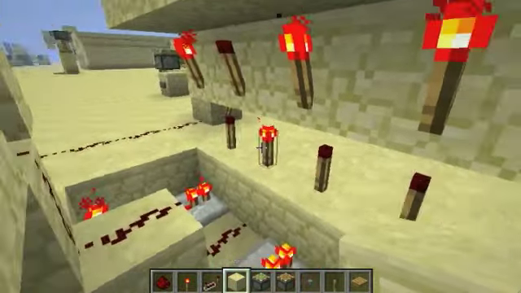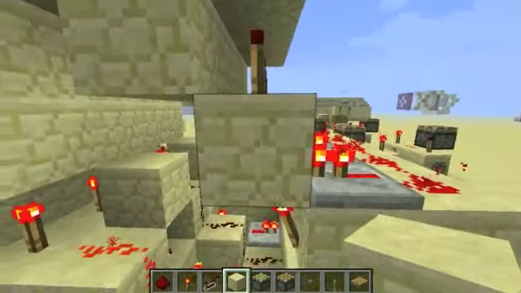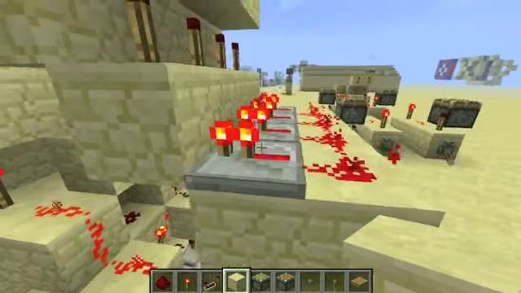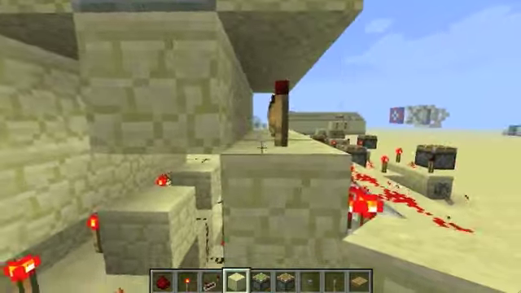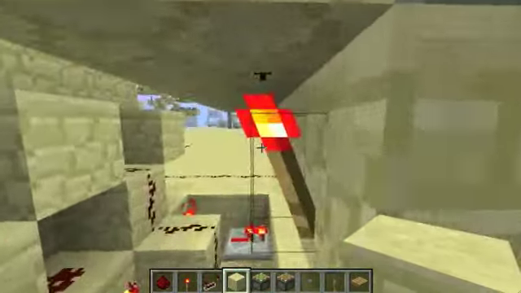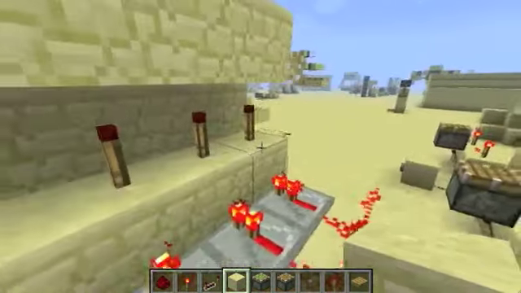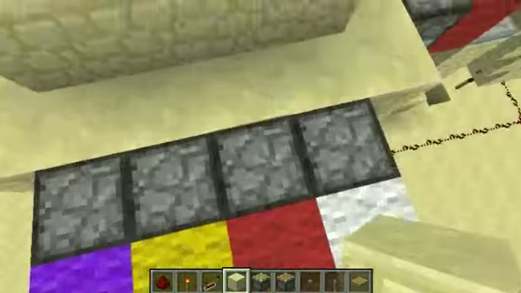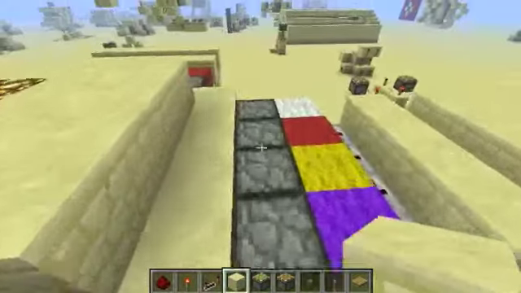I put those into these torches and brought them up, and then this block right here, this torch, these repeaters, and this block, they act as an AND gate. So only when these repeaters are off and these torches are off, so like this one, can these be powered or unpowered, and the signal gets transmitted to one of these